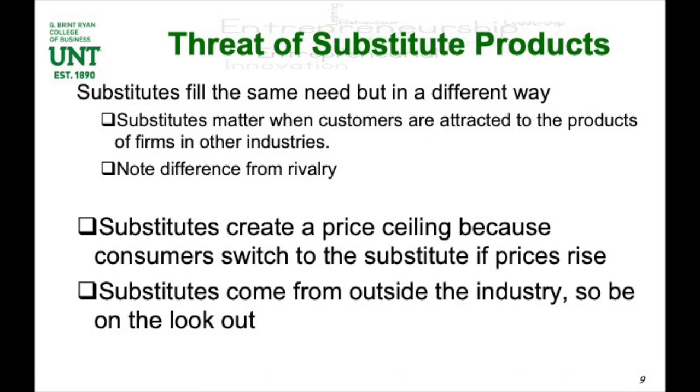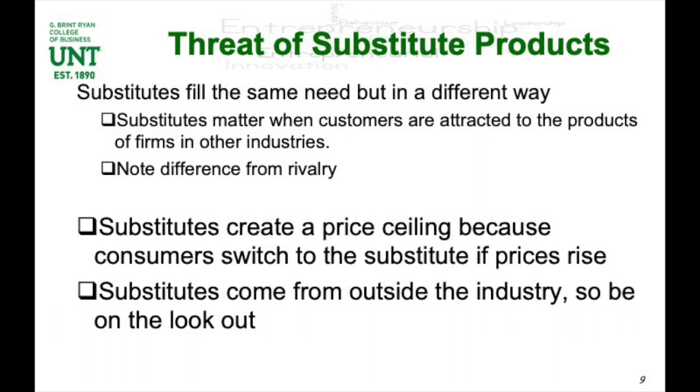Now let's talk about substitute products. We talk about buyers, let's talk about a substitute first. We need to talk about what a substitute product actually is. Right? A substitute product is something that comes from a different industry that serves a very similar purpose to the products or services offered in your industry. All right, so think, for example, the beer industry. At some point, if beer is too expensive, customers will say, well, look, a substitute for beer would be something such as liquor, right? And they'll switch over to that, or wine possibly, right? So if beer prices get too high, customers might say, look, I'm just going to drink wine from now on and not beer.